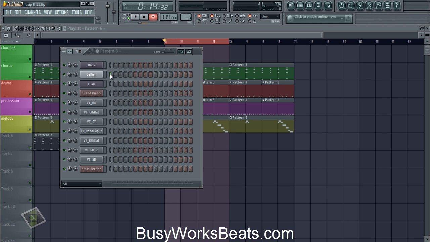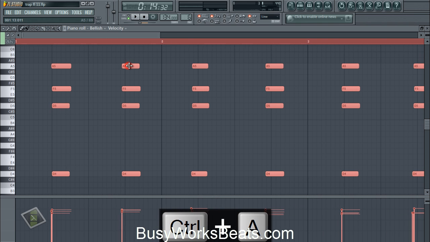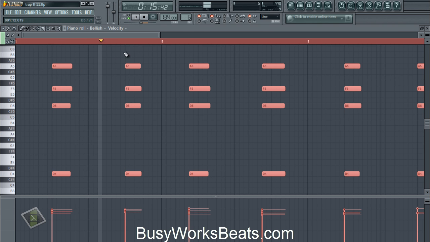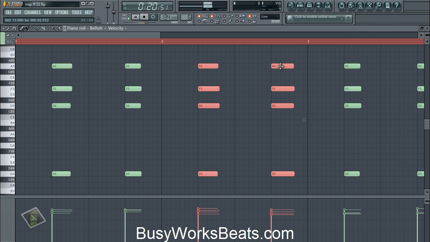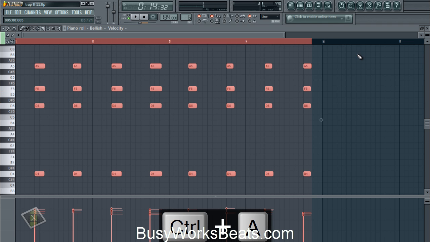Also, I was in the wrong octave. Now notice you can't hear the OGUN while we're recording because we're recording the same instrument. So slide these over and quantize them. We're going to shift these up 1 octave, hit Control A, Control up.